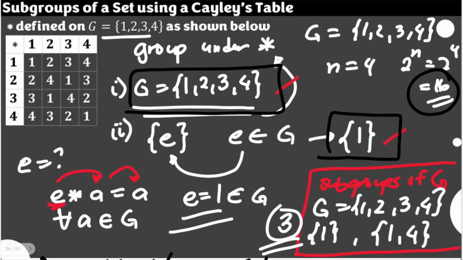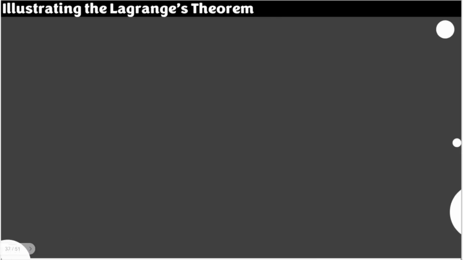Now, at this given example, we're able to identify the given subgroups here. This was the subgroups that we have determined. We have actually gathered 3 different subgroups for set G. Now, let us use the Lagrange theorem to further illustrate that what we had actually determined in the previous video is actually true. Now, take note, our set G is a set containing elements 1, 2, 3, and 4.